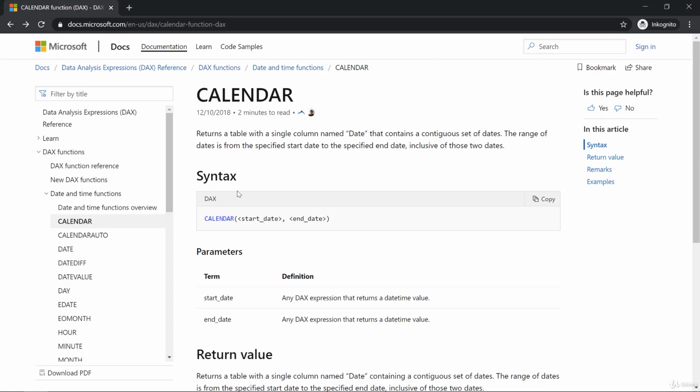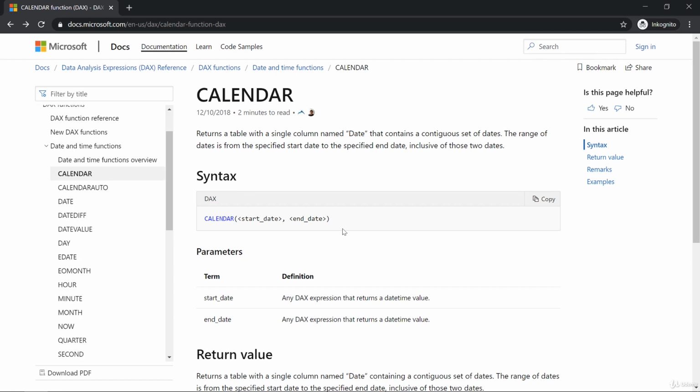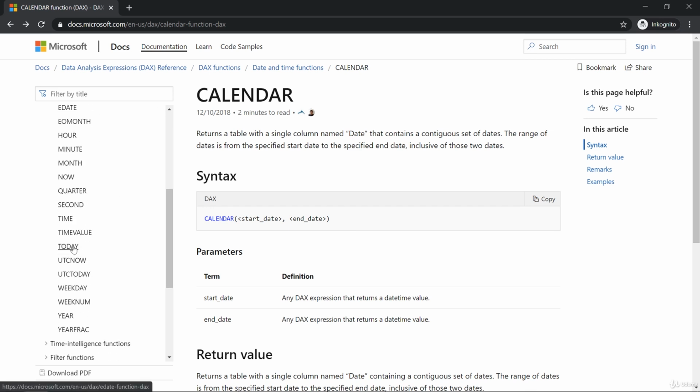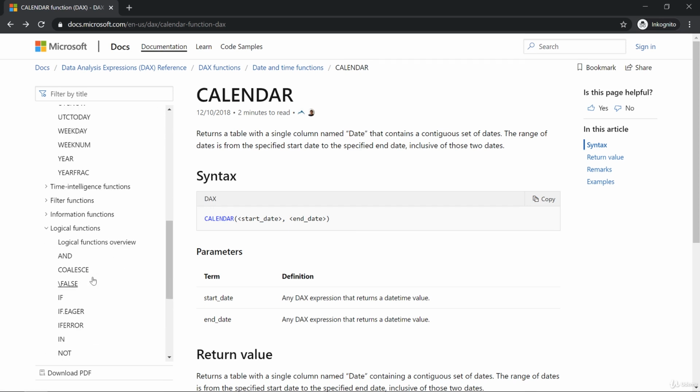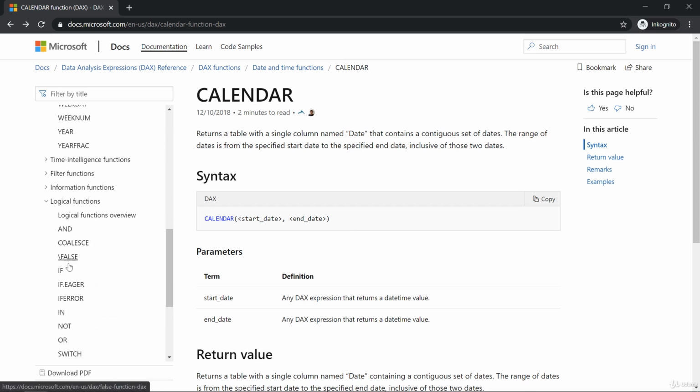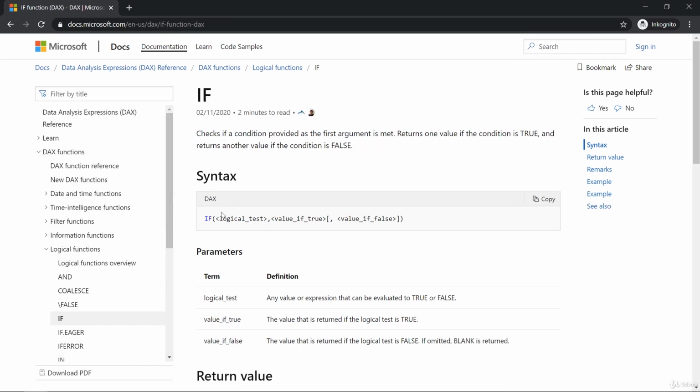We had a look at logical functions already on the slide. The if function I want to apply now is a logical function. Therefore, back here in the official docs, you can simply go down to logical functions and find it down here, besides some other logical functions. If you click onto it, you can find the definition and the syntax of this logical function.